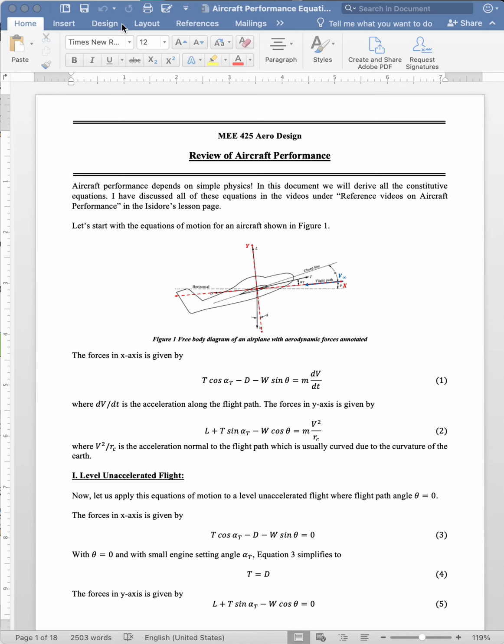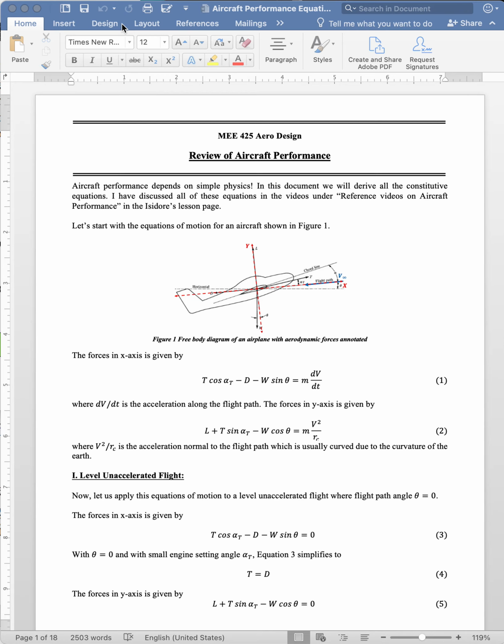Hey everyone, in this video, I'm going to walk you through this document on aircraft performance equations. Ideally, if we were in class, I would ask you to do this. We would do this in class as an exercise where you basically derive these equations by yourself. But again, in the interest of time and of us covering the required materials, I created